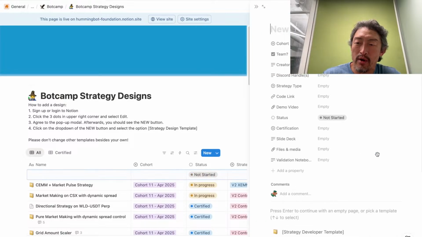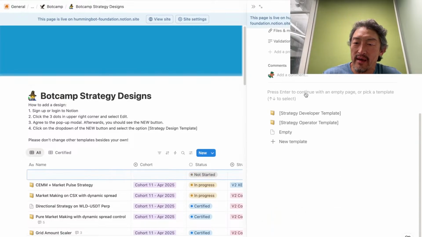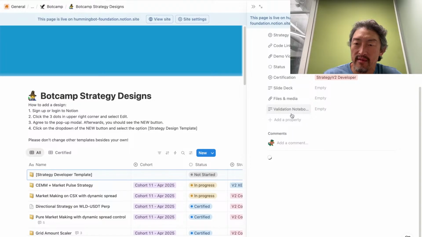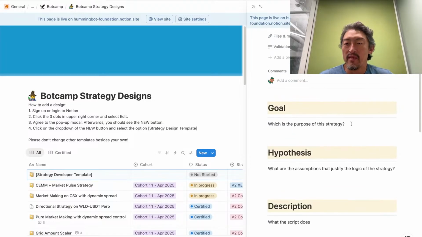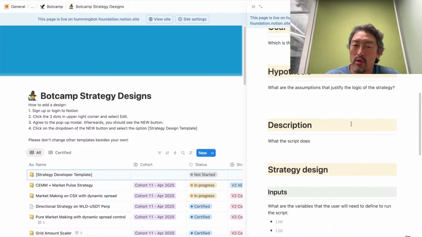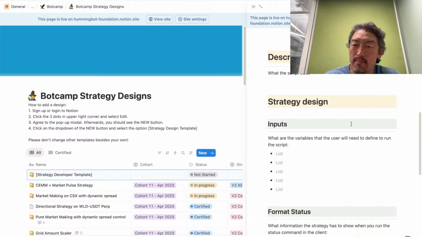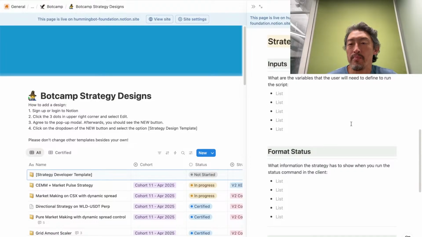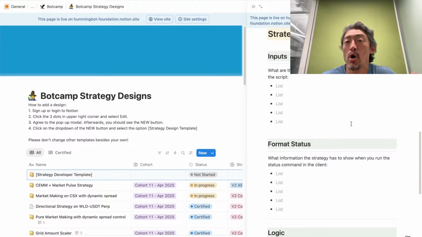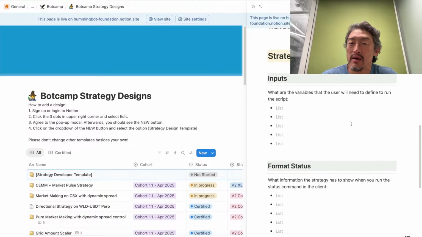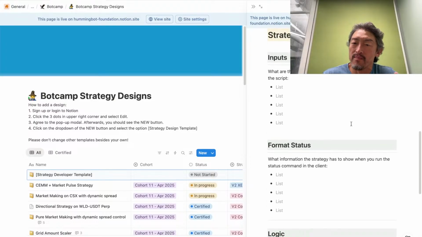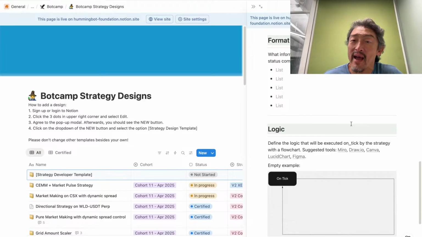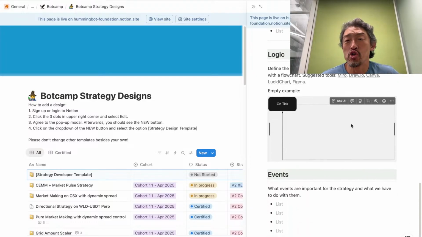But people can create a new one, and basically it looks like this, where they fill out this template, and we try to help them maintain and build this template over time. This template should help people provide the key components of a strategy. For example, inputs, what should be shown in the status command, and the flow chart that defines every step of the process.